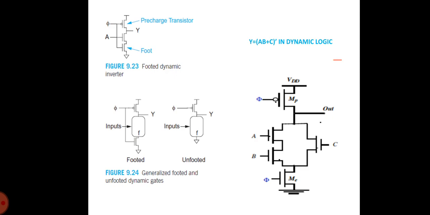When the clock is equal to 0, the output node Out is pre-charged to VDD by the PMOS transistor MP. During that time, the evaluation NMOS transistor ME is off so that the pull-down path is disabled. The evaluation FET eliminates any static power that would be consumed during the pre-charge period. That is, static current would flow between the supplies if both the pull-down network and the pre-charge device were turned on simultaneously.